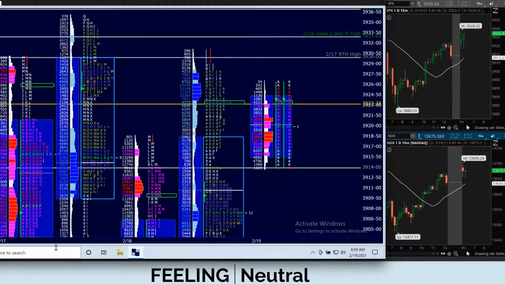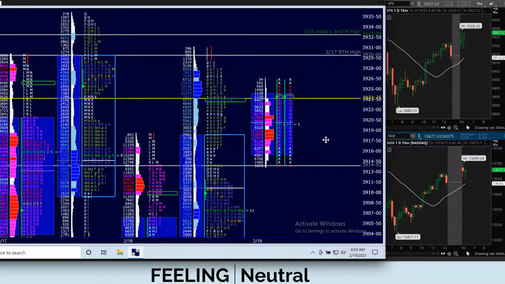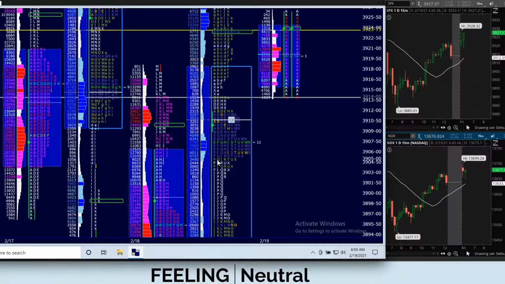Okay, so yeah, Dr. Vijay, you would be correct if, throughout the day today, we work our way higher or even just balance up above yesterday's high, and then out of nowhere late in the day it sold off down towards the POC or whatever. 39.10 is what you're looking at.